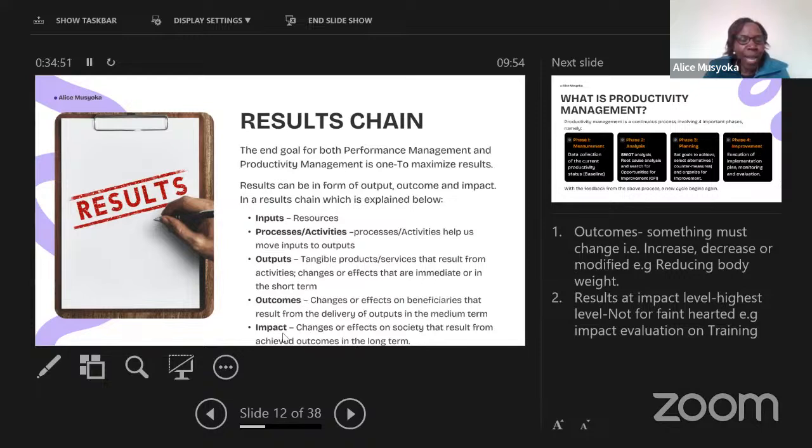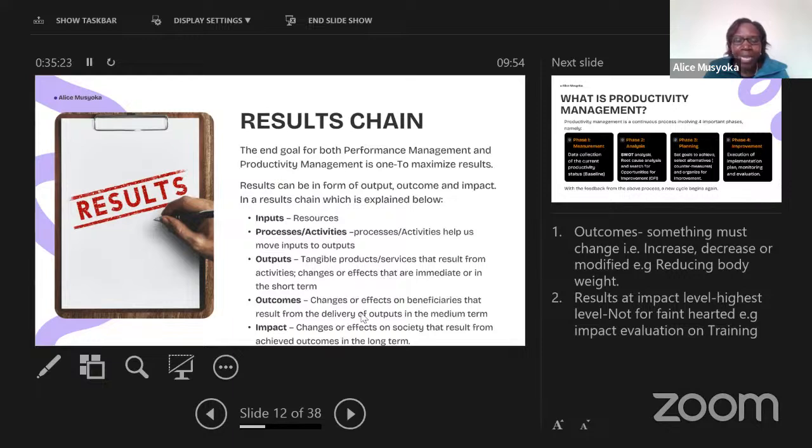So I hope we are able to understand the results chain, because whether you are measuring performance or you are measuring productivity, you need to understand the results chain. You need to understand what are the inputs, what are the processes or activities that you have in your organization, what are the outputs, what are the outcomes, and what is the impact. And allow me to say that